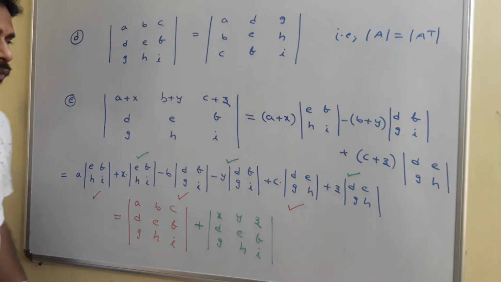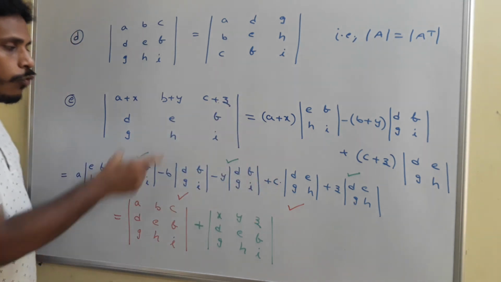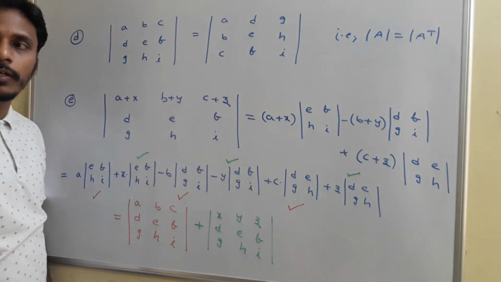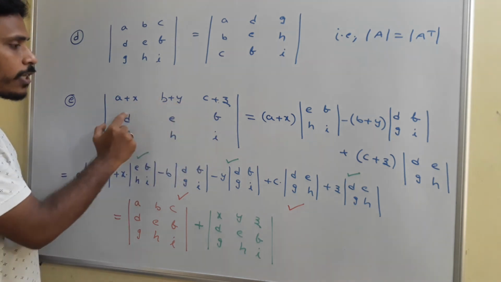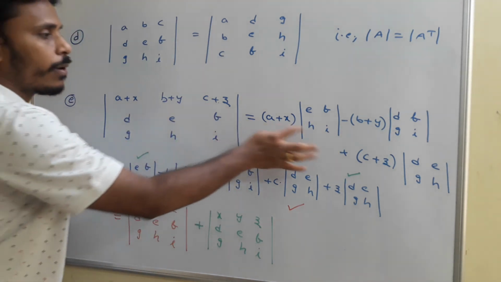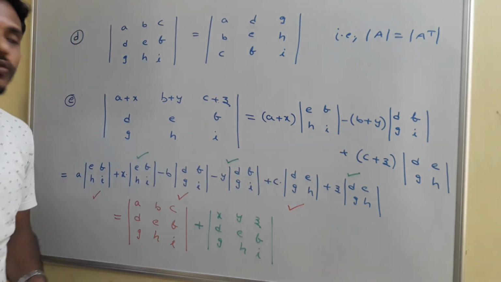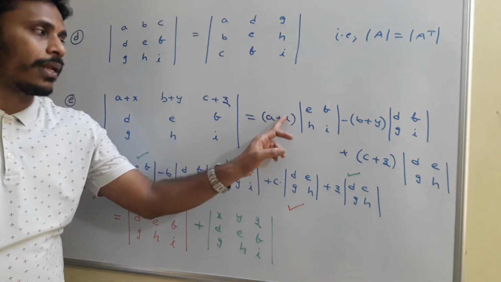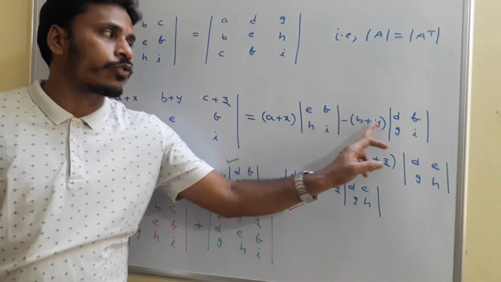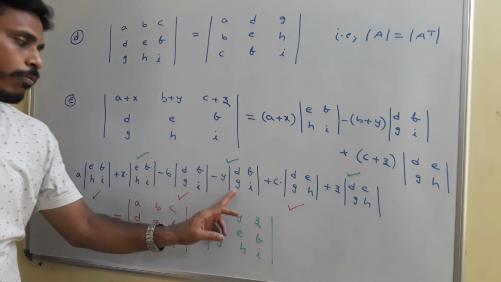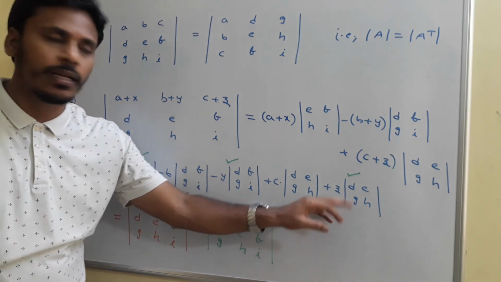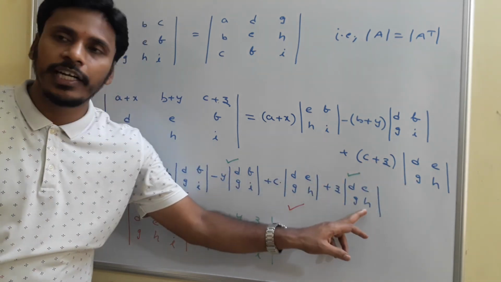How are they equal? For that we need to move with these two steps. So calculating this determinant is nothing but A plus X into its remaining four elements, minus B plus Y into the corresponding four elements, and C plus Z into the corresponding four elements. See, this is A plus X into this determinant value. So you just multiply A into this determinant plus X into this determinant. So I am just writing like that. And here minus B into determinant, minus Y into determinant. And the third one, C into this determinant, whereas Z into this determinant.